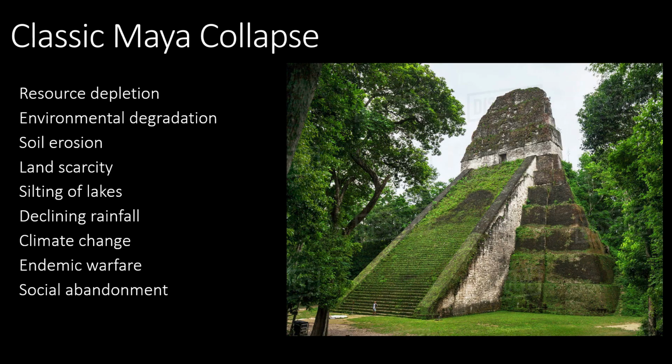We see this through environmental records like soil erosion from deforestation and land scarcity, finding productive agricultural land. By deforesting and growing crops intensively, land in these areas was depleted rapidly, causing the need to deforest further, and this practice of slash and burn agriculture ultimately caused a decline in rainfall and the ability for soils to hold its nutritional soils. So we have silting up of lakes and streams, and ultimately climate change combined with other problems